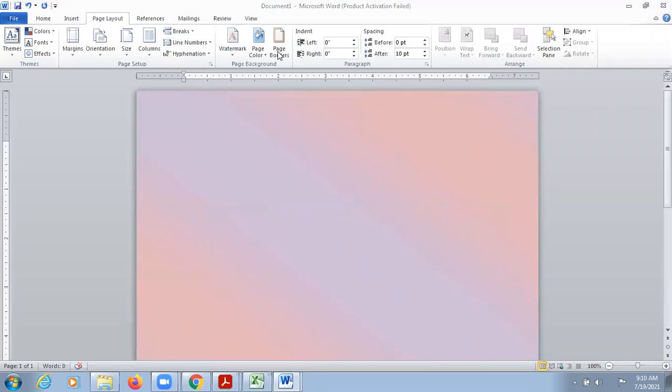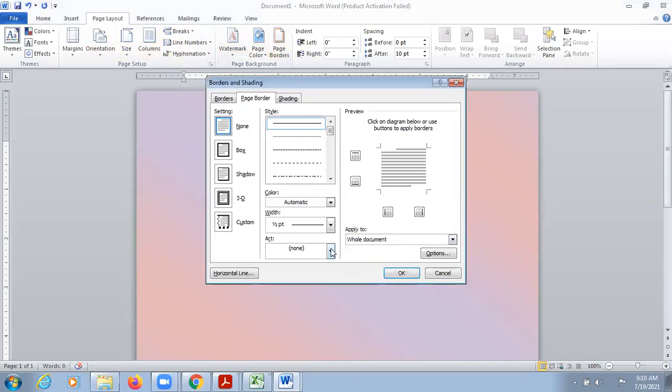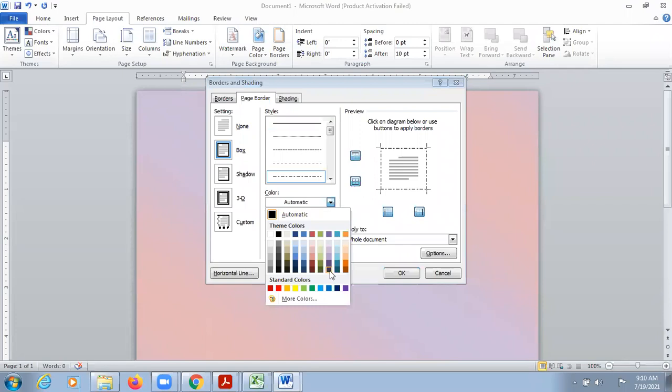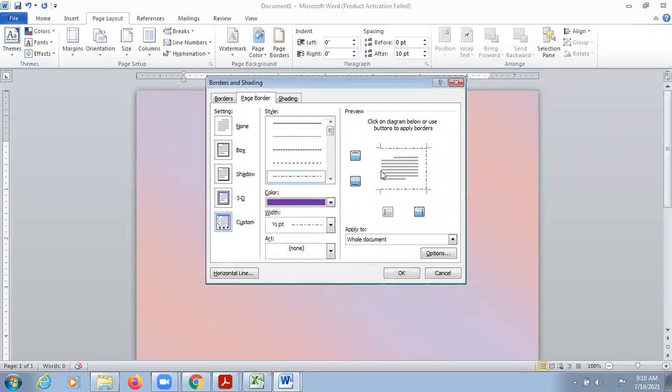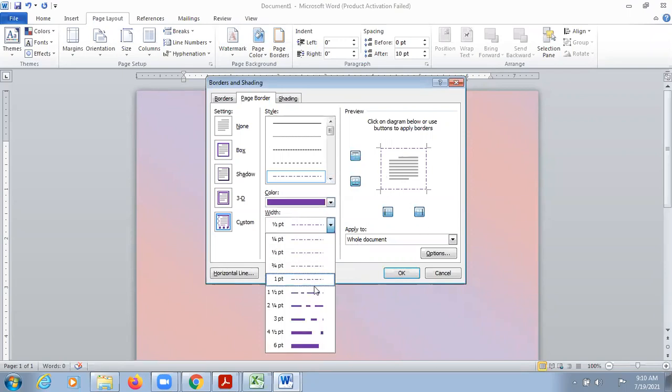Now I wanted to give a page border. So I'll go to page border inside the same tab, page layout tab, go to page border, and from here, from artistic, if you want to give a simple border like this one and you wanted to give a color to the line, so let's say I wanted to give a purple color to my border, I can choose the thickness also, we can increase.